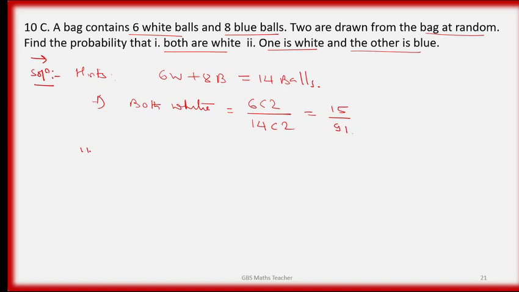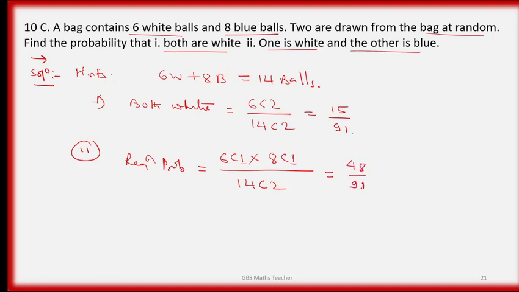यसमा तपाईलाई डाउट छैन। फर्स्ट पार्ट एन्ड सेकेन्ड पार्ट मा जाउँ हामी। one white and the other is blue है। one white and the other is blue भनेको one white required probability। अब यसलाई नि सर्ट मै गए मैले डिटेल्स भन्दा। अब तपाईले एउटा व्हाइट निकाल्नुहुन्छ, one white निकाल्नुहुन्छ, that is 6C1 was, and the another के blue निकाल्नुहुन्छ 8C1 was and 14C2 was निकाल्नुहुन्छ तपाई। यो चाहिँ तपाईको 48/91 क्याल्कुलेसन आउँछ।